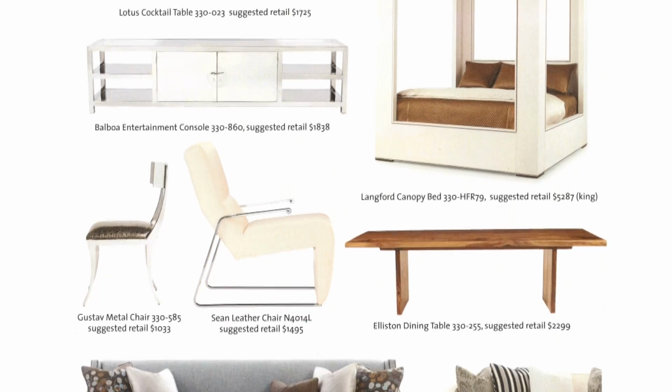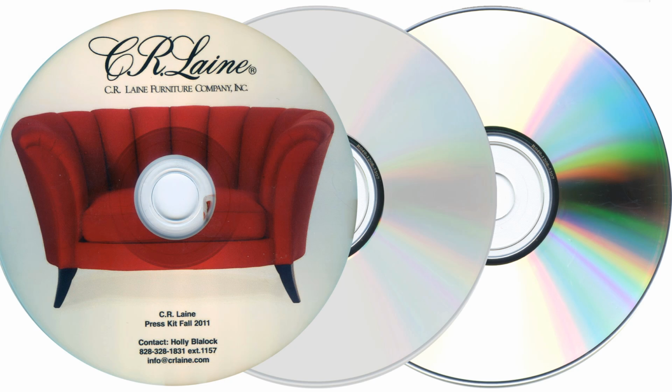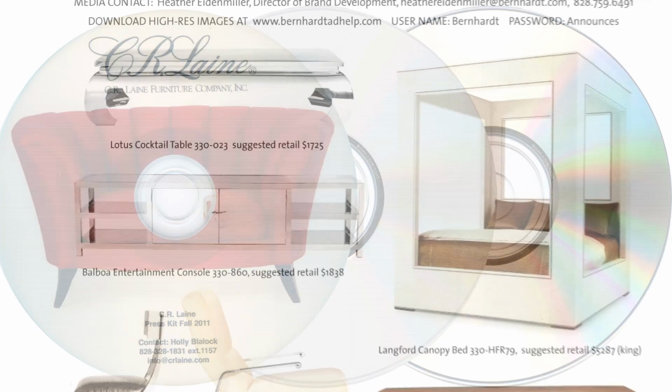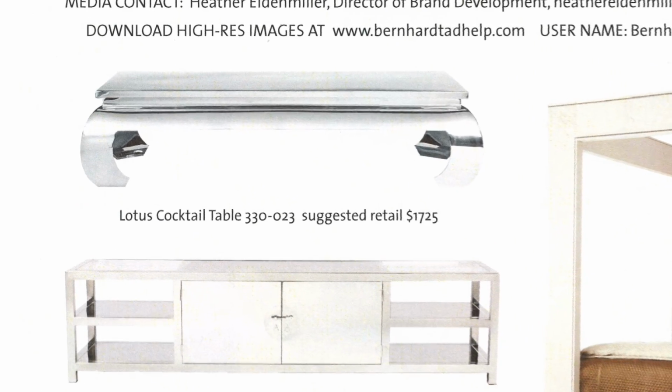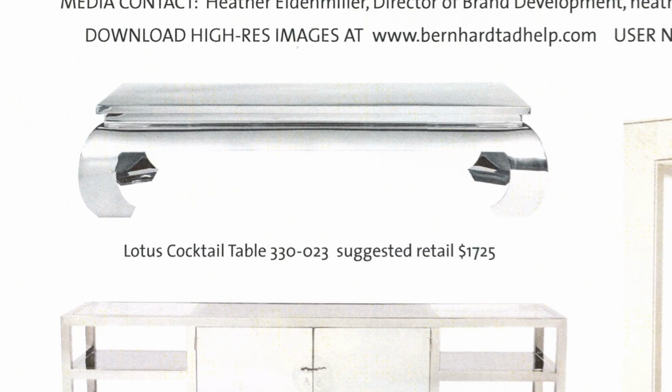Remember to label your images on the CD and affix a label to the CD itself with your company name and contact info. If you can, include as much info as possible about each product photo, like dimensions, suggested retail price point, and material. Now that the journalist can see what you have to offer, make it easy for them